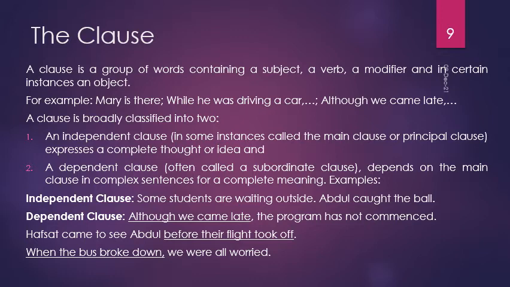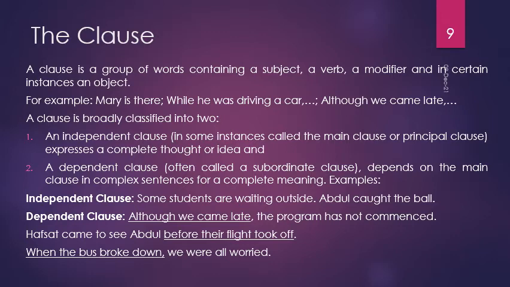A clause is broadly divided into 2. We have an independent clause, which is also called the main clause. An independent clause expresses a complete thought or idea. We have a dependent clause. A dependent clause, which is also called a subordinate clause, depends on the main clause in a complex sentence, and they complete the meaning of the complex sentence. Example,